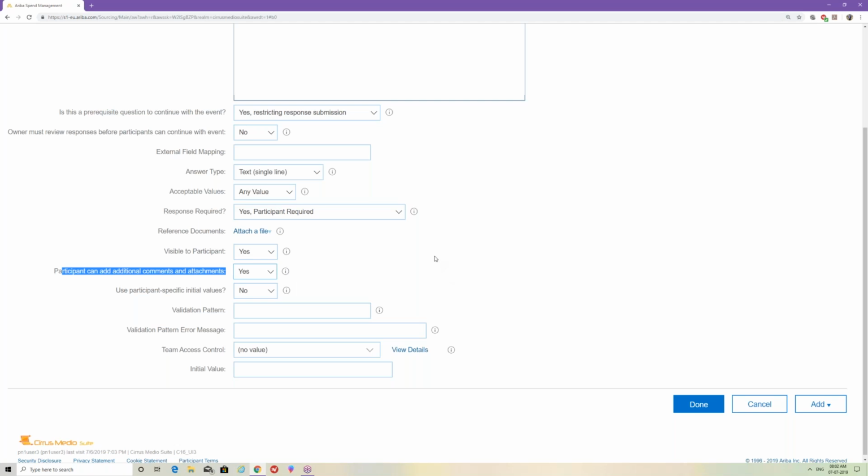But if you're giving this thing as comments, then you have to select this thing as yes. Why? Because sometimes some more comments are required from the supplier side. To take all those things, you have to give them extra space. Extra space means additional comments and attachments. If you select this as yes, the supplier will be able to give additional comments in a separate place altogether in that particular question. Okay,